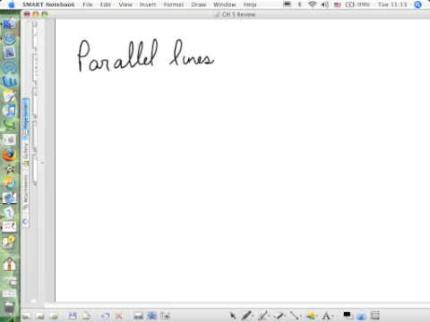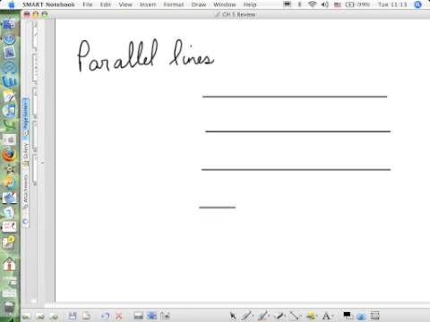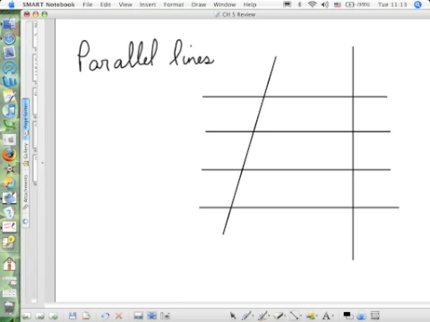Now we already know all of our stuff about corresponding angles, alternate interior angles, and all that other stuff. We'll just draw 4 lines. Remember we said if you have parallel lines, all these are parallel and you've got transversals going through them,